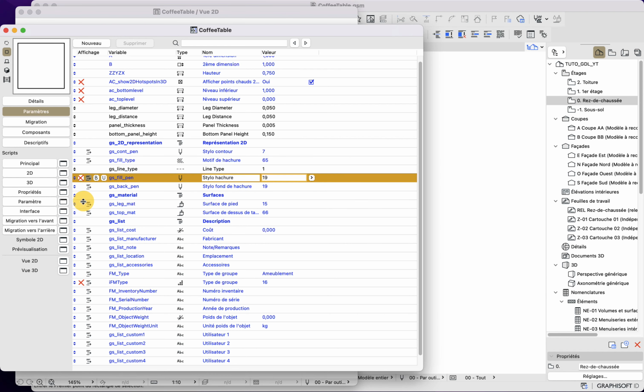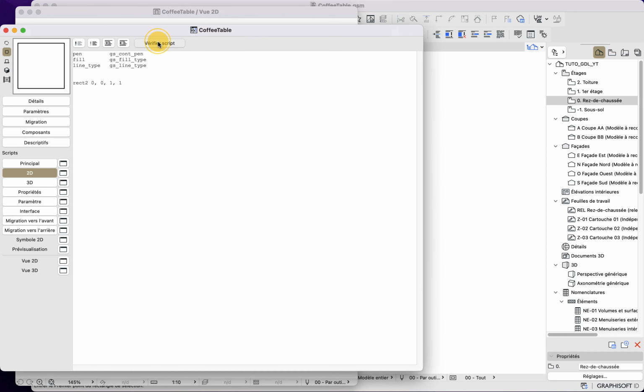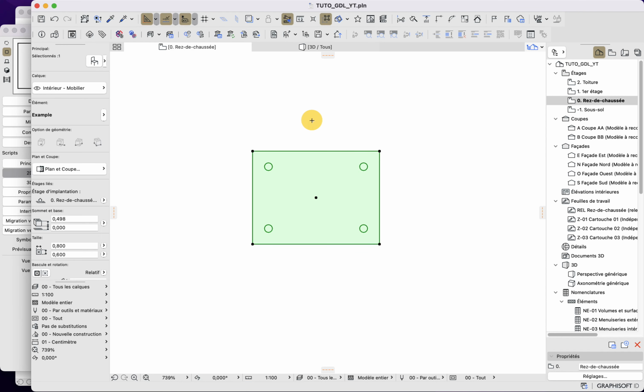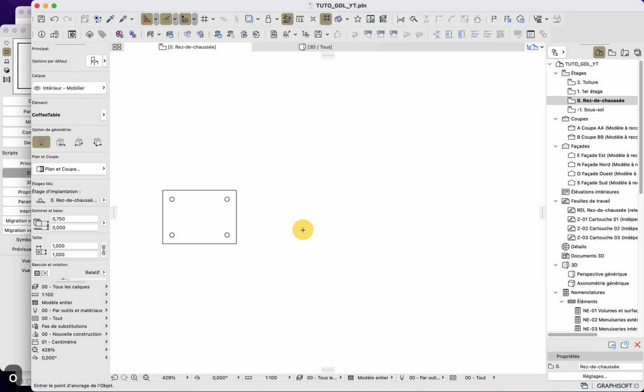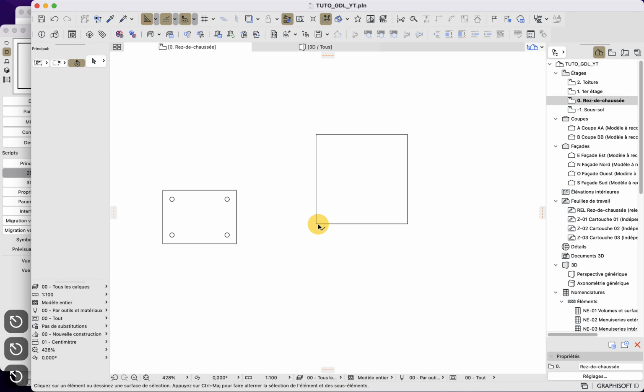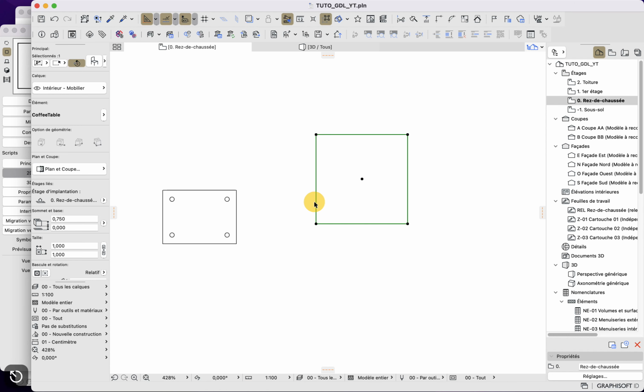So now that I have my directive here, I can save my script here after checking it, and then place my object. In my 2D view here next to this table, I will select my object 2 here, and here placed my rectangle. You can see it is properly placed.